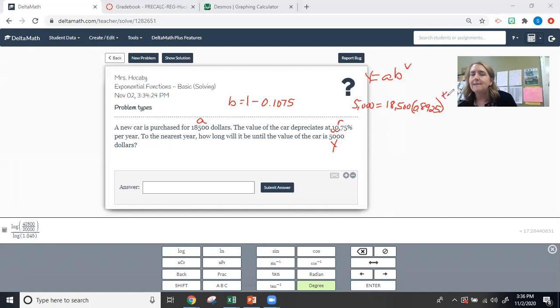And we are trying to find x. So we're doing the same math as the last problem. We're going to divide both sides by 18,500. And that gets rid of these. And then if you want to think about it, it's going ahead and taking the log of both sides. Log of 5,000 divided by 18,500, you can put that in parentheses if you want to, equals log of